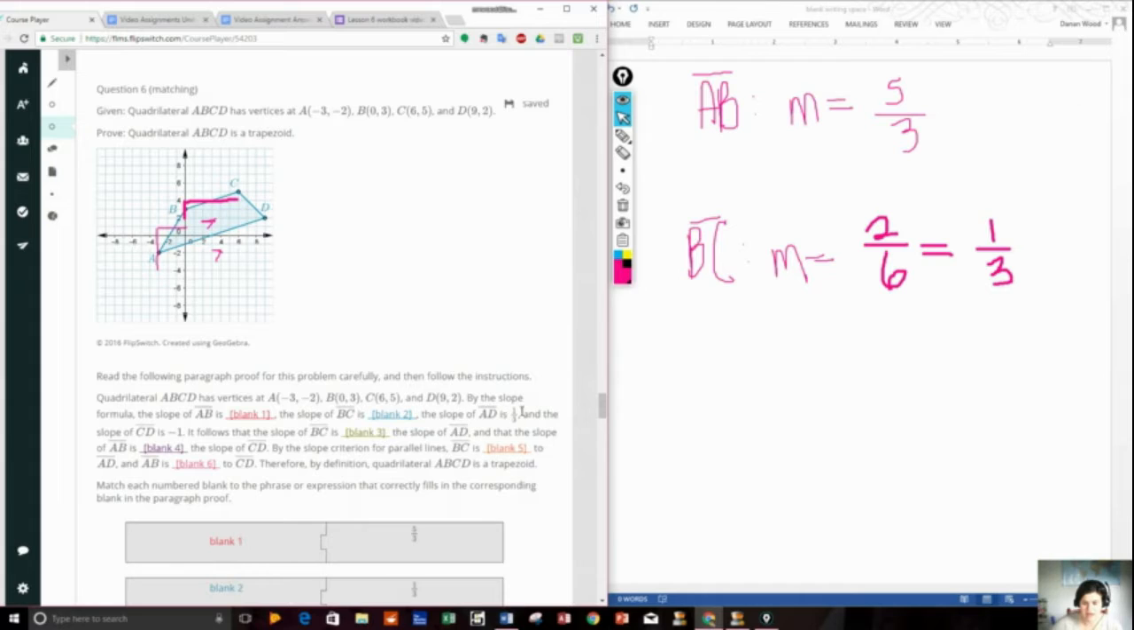And the slope of AD is 1/3, and the slope of CD is -1. Okay. It follows then that the slope of BC is